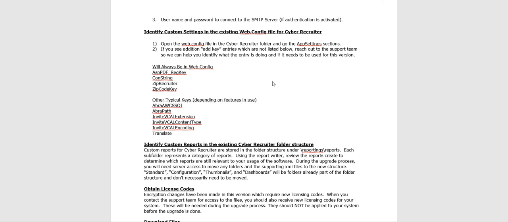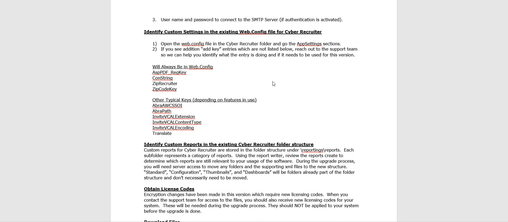Okay, this is when the HR people kind of check out and the IT people say, okay, this is more my thing. One thing that IT will definitely need to be aware of are any kind of settings that are in the web config. Same thing with the reports. These are a couple of things that you want to check up on the server. So